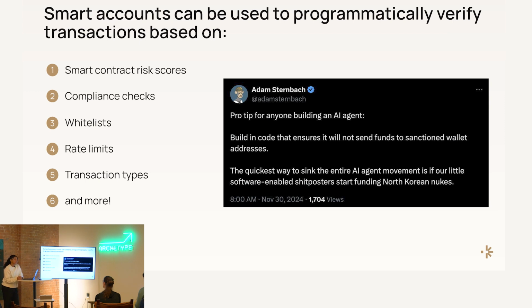And so you can use certain types of wallet structures like smart accounts or even multi-sig wallets in order to programmatically verify transactions based on a series of things like smart contract risk scores, compliance checks, whitelists, rate limits, transaction types, which is really interesting for us because this is stuff that we can already do with Predicate. And it's what we currently do at the smart contract level, but now you can actually do it at the